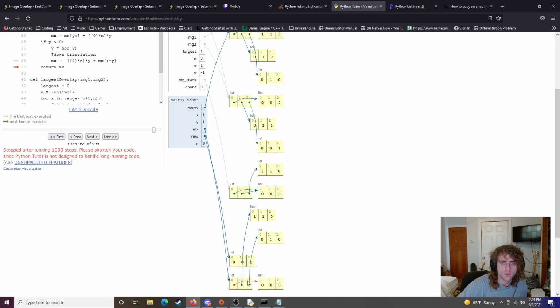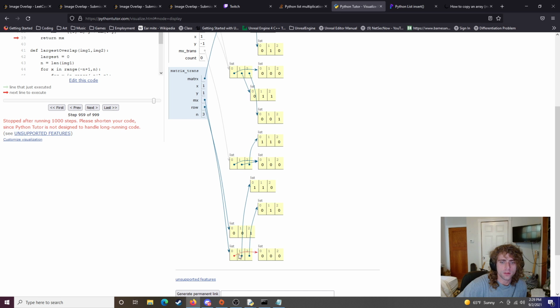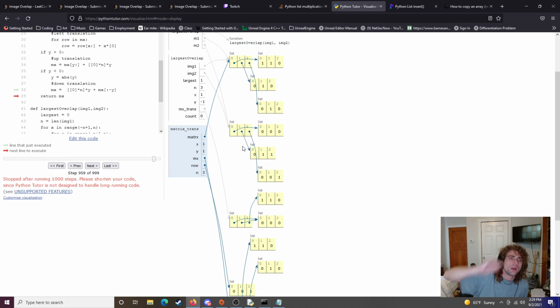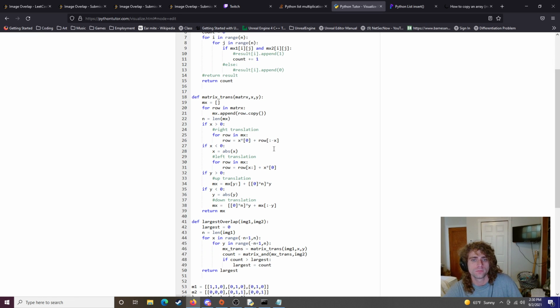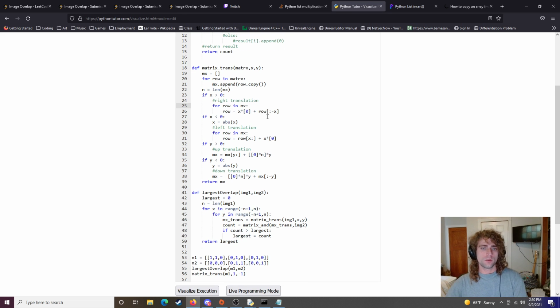And then mx just ends up being, but wait, it ends up being the right thing. It ends up being 0, 0, 0. No, it doesn't. Oh, okay, I see what's going on. It's working for the y's, it's not working for the x's. Because the rows are temporary variables, so we'll say for I in range of the length of mx, and then we'll say mx at I is equal to that, then mx to that,